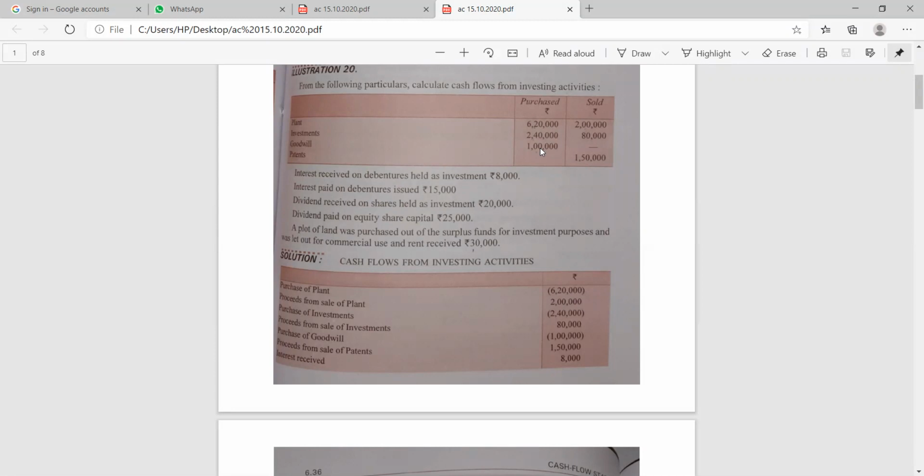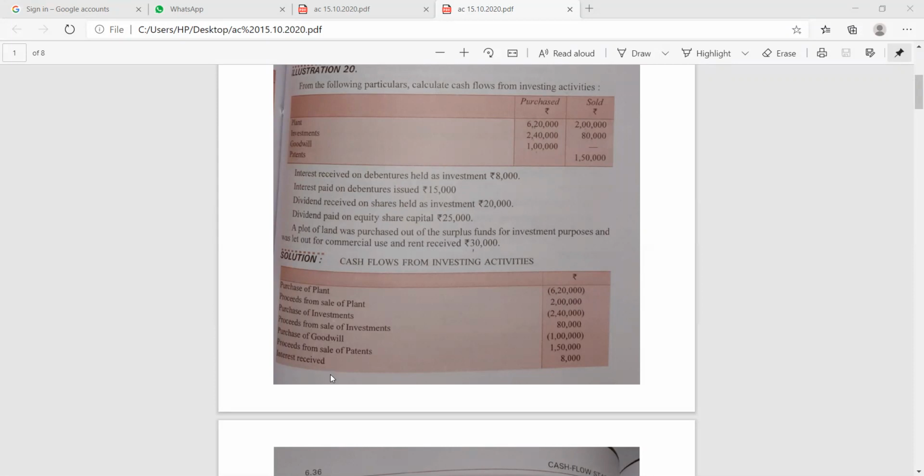Here the goodwill purchased is given to us instead of written off. In this question, please mark this point. Goodwill is not written off. Instead of writing off, the goodwill is purchased here. So in this question, just because of purchase of goodwill, the consideration is to be paid by the business. So this causes an outflow of cash, and 1 lakh rupees will be deducted as well. Please mark a star against this point because you find this point different from the concept that you did in the previous questions.